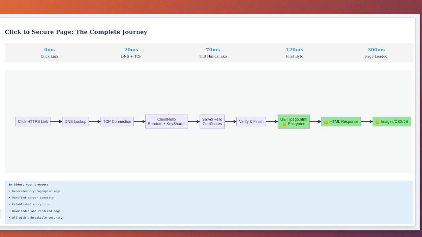Images, CSS, and JavaScript files flow through the same encrypted channel. From click to fully loaded page, typically 200 to 500 milliseconds. In that half second, your browser and the server performed hundreds of cryptographic operations, verified identities, and established a secure channel that would take adversaries millions of years to break. And you just saw a web page appear.